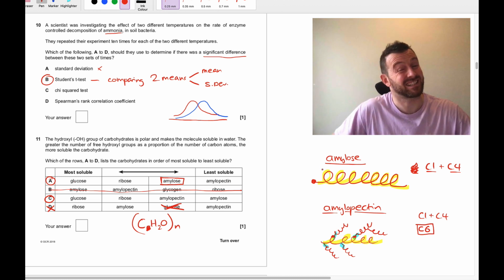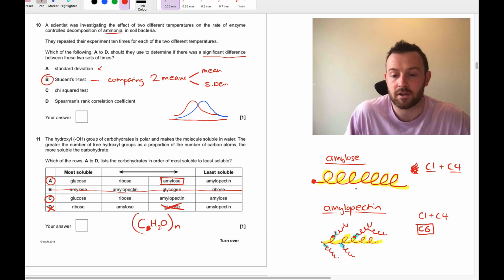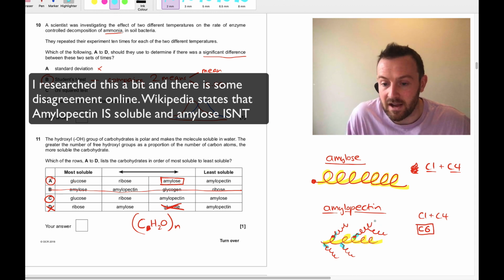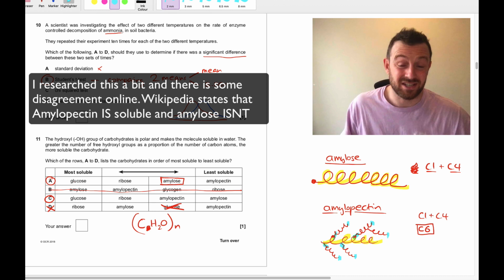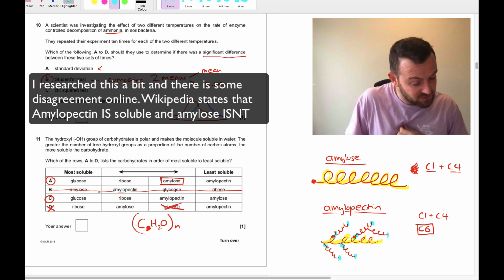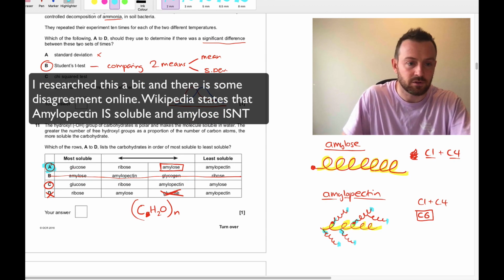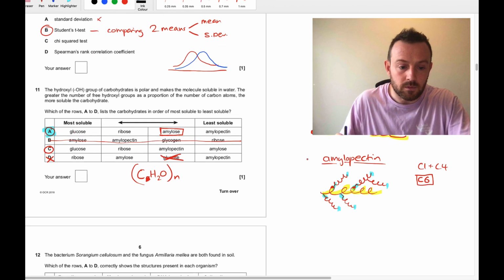But I actually think this is wrong, OCR, if you're listening. I think this is wrong because you have forgotten, OCR, I believe, to consider the fact that for the same number of carbons in the molecule, these ones would be sort of added in the chain. So you've kind of forgotten to consider the effect of the extra end points, I think. So I actually think OCR is wrong on this one, but they've said A, so we'll go with that, okay? But get back at me, OCR, if you see this video. All right, moving on to 12.